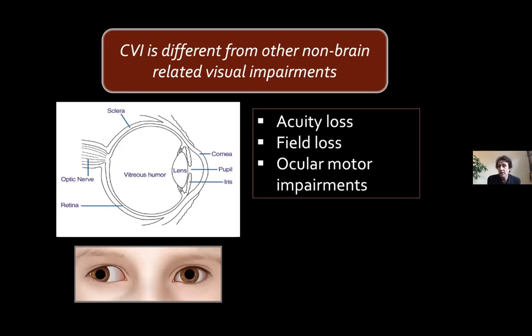So for ocular conditions, if we know the condition, we have good medical reports, good clinical vision reports, and we know what the status of vision is, we can pretty much guess how that's going to impact functional vision, and then we can assess accordingly. We really can't do that with CVI because we can't look inside the brain to be able to tell how